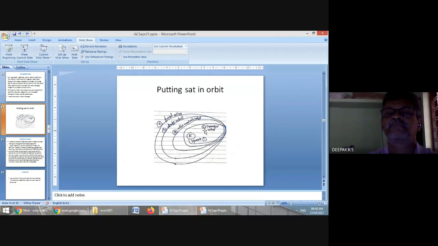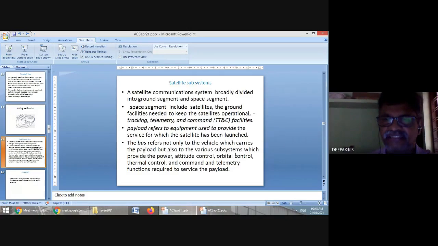I just put a figure to show that in the launch from the Earth, the satellite goes to one orbit, then a successive orbit, and finally it reaches the final orbit in stages only, not directly. So it goes to some orbit, then again some orbit, again an orbit, and then it reaches the final orbit, not directly from here to here. So there are intermediate stages.